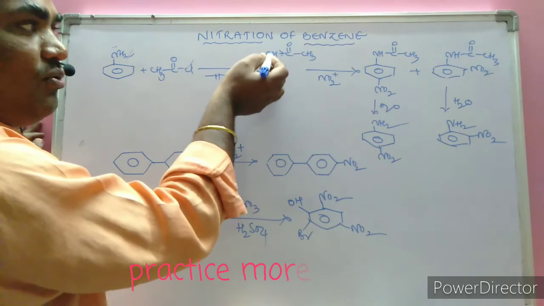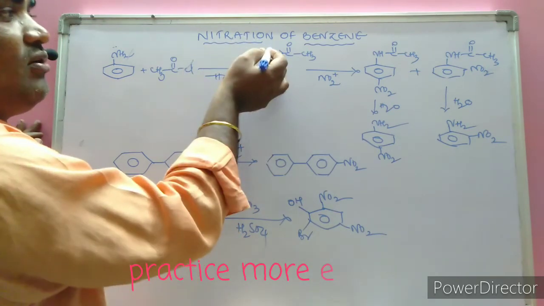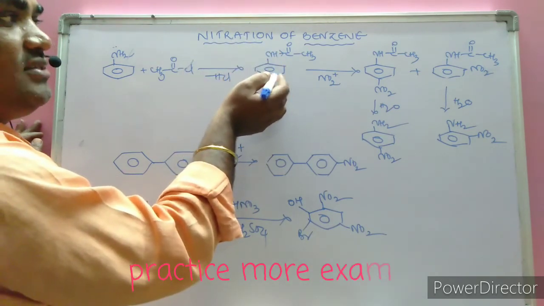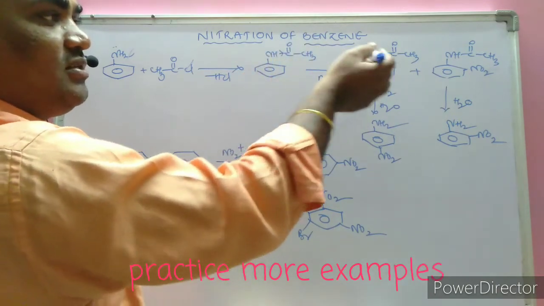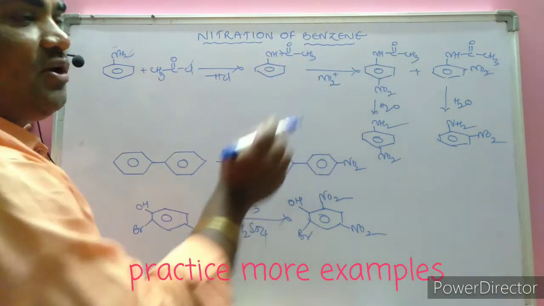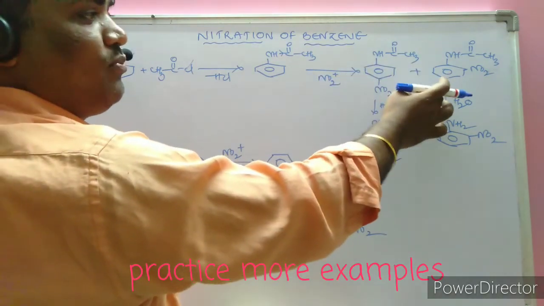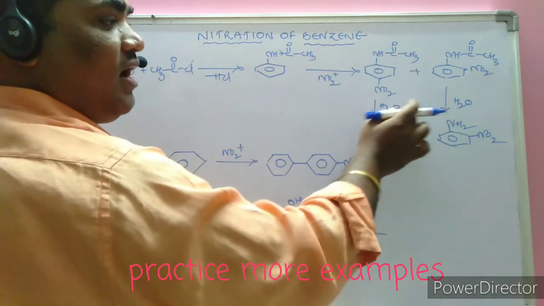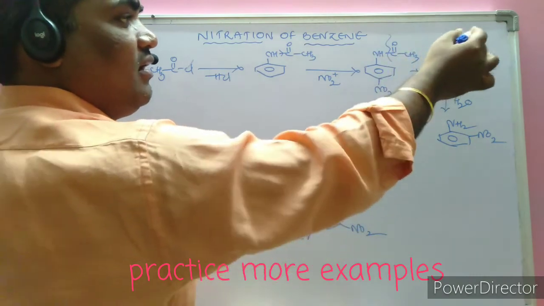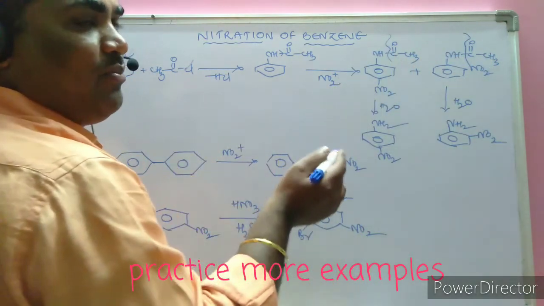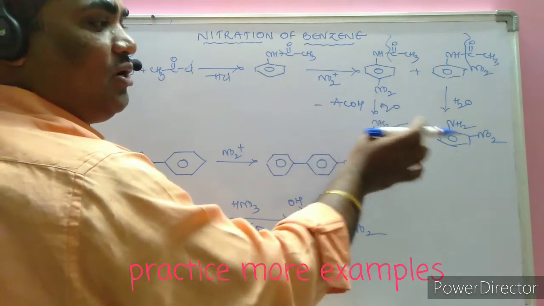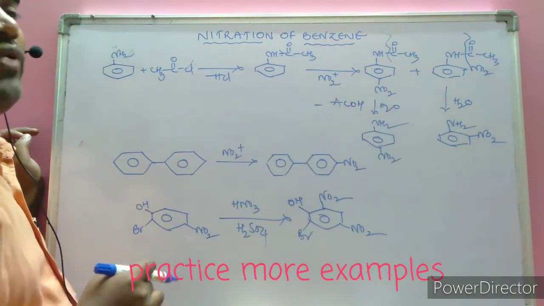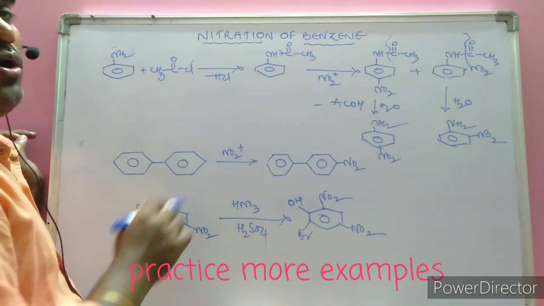As a result, the donating capacity of the electrons towards the phenyl ring decreases. Even so, it directs the incoming electrophile to sit at the ortho and para positions. After this, if you simply hydrolyze it, the bonds are broken and eliminated as acetic acid, hence para-nitroaniline and ortho-nitroaniline, only mono-substituted products, are obtained.